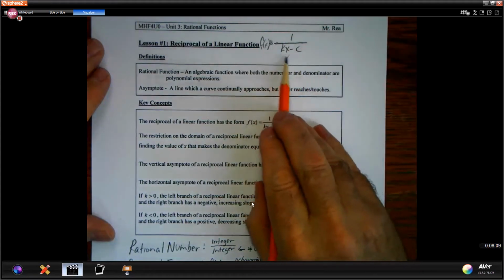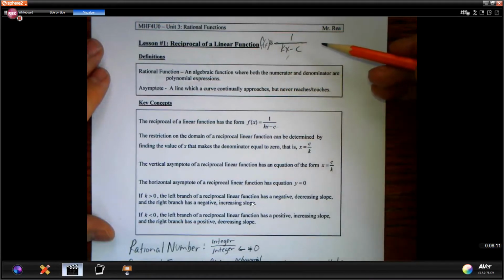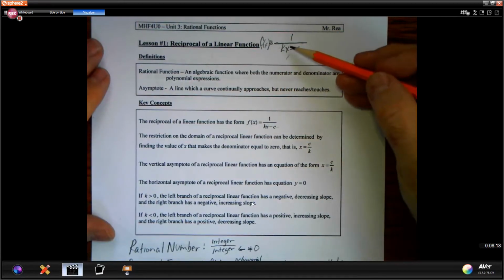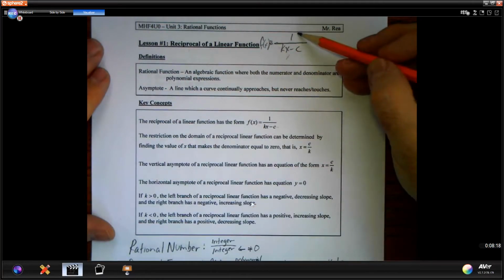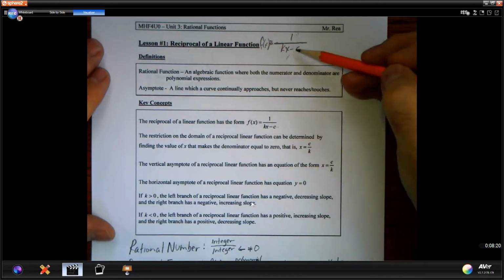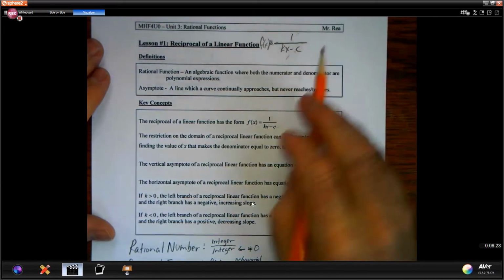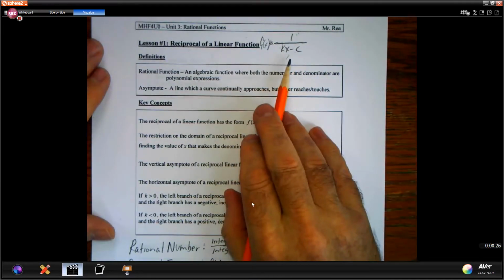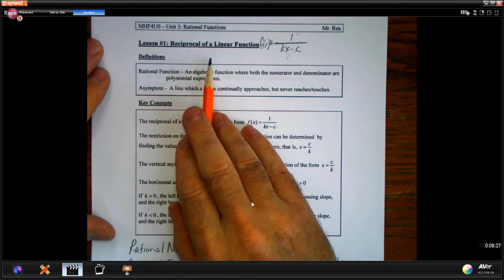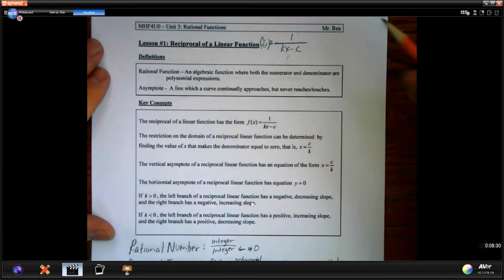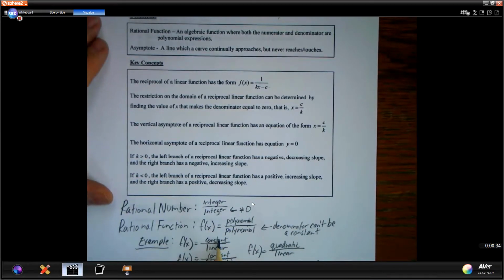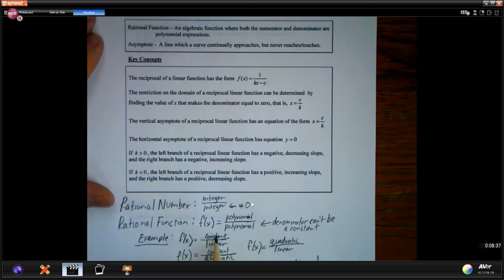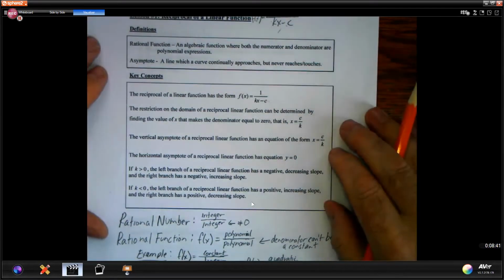Okay, so we got our linear function on the bottom and we flipped it. So normally a linear function would be like kx minus c over 1, and if we take the reciprocal, the 1 now comes on the top, and this is a reciprocal of a linear function. So this definition here could define any reciprocal of a linear function, which is a rational function where you have a constant on the top, which in our case for this lesson will be a 1, and the linear is just any linear function on the bottom. Okay, so